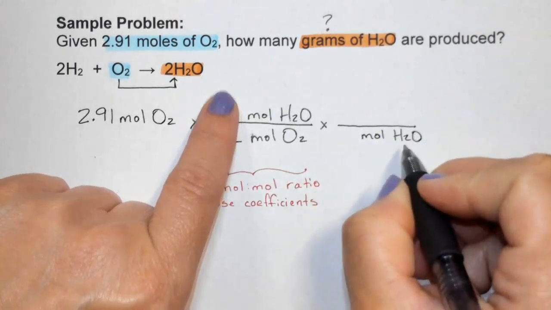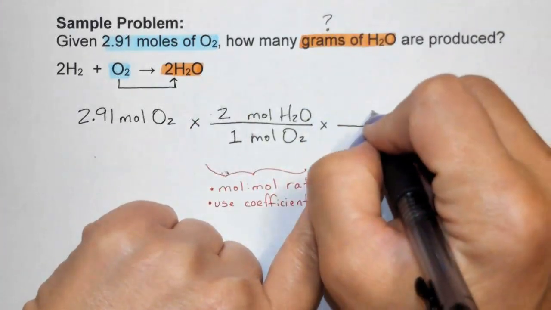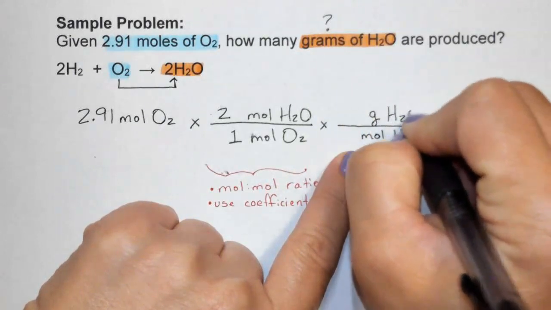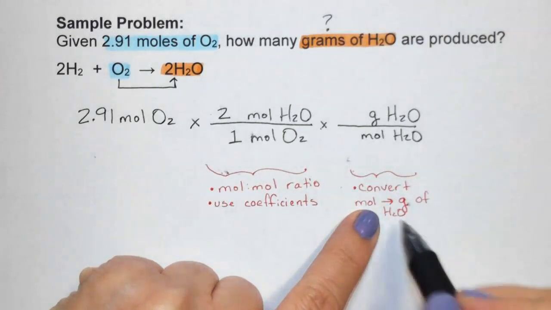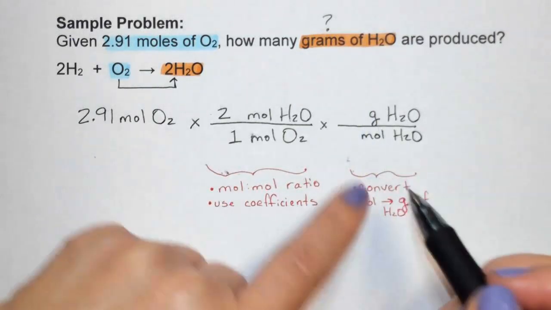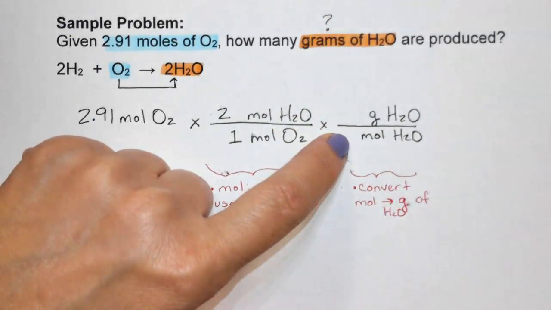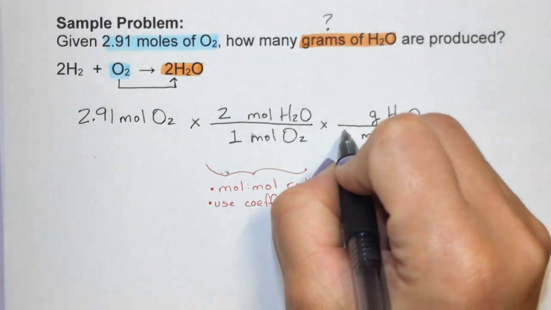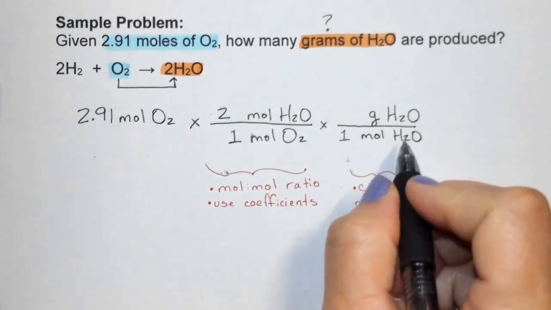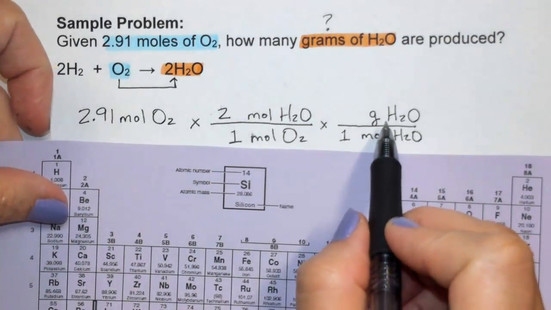Water here, and now we can go to what we want, which is the grams. So here we're going to convert from moles to grams of water. So we're converting moles to grams of water. In order to convert from moles to grams, we have to go to the periodic table. And on the periodic table, we can find that 1 mole of water is equal to the grams of hydrogen